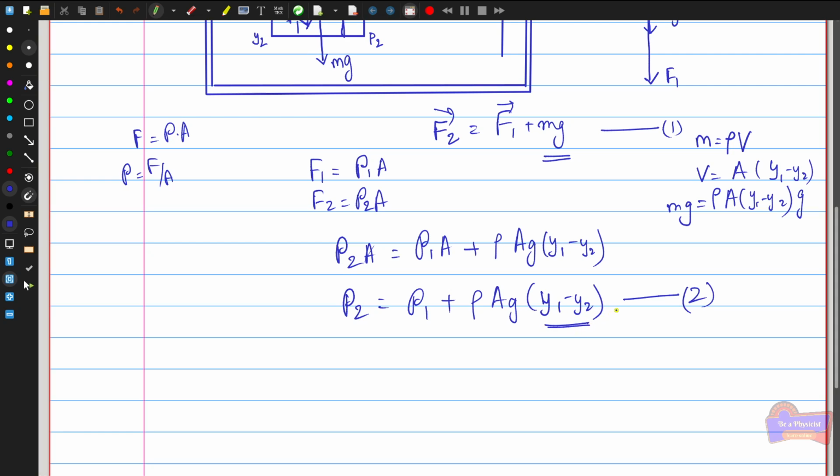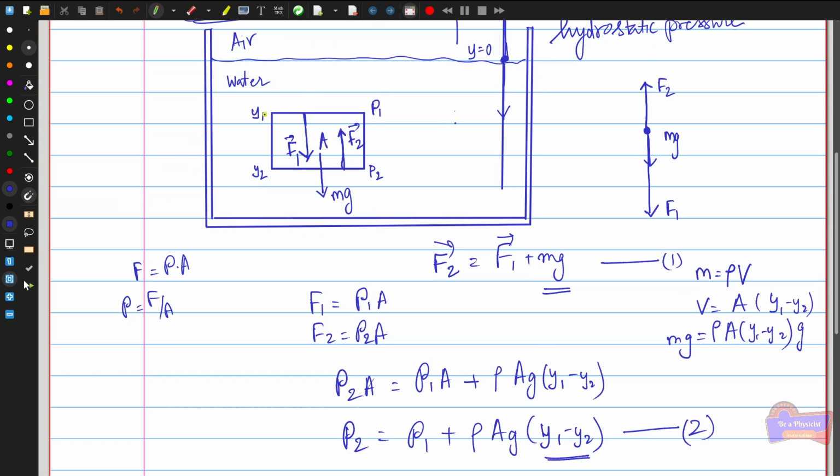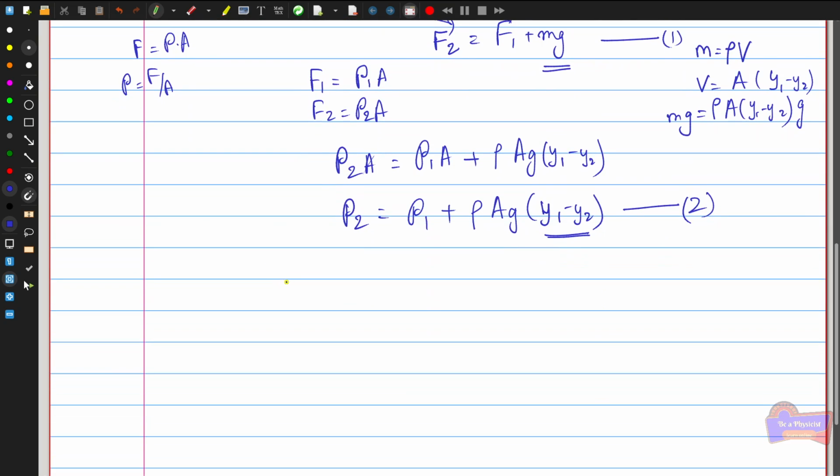So in the case of liquid, suppose we seek a pressure P at a depth of some height h below the liquid surface, then we can choose the level. We consider y1 as the surface, and similarly this point, y2, is situated at a distance h below. And if we consider P0 as the atmospheric pressure at the surface, then we can substitute